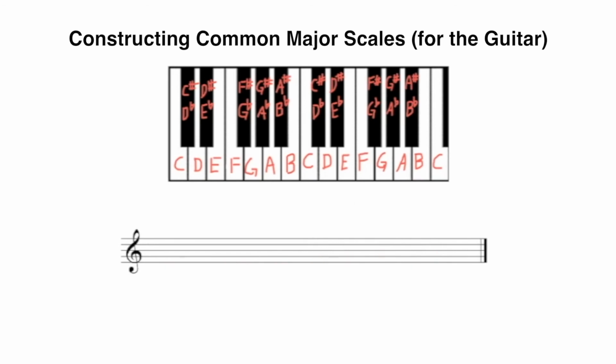Next, we will notate the E major scale, starting with a diatonic scale on E. Here we have E, F, G, A, B, C, and D, one of each letter, capping it off with E. Next, we'll follow the whole, whole, half, whole, whole, whole, half pattern. From E to F, we need a whole step.